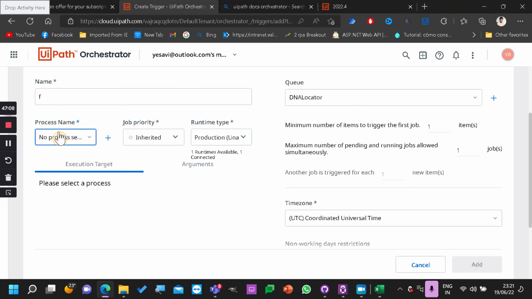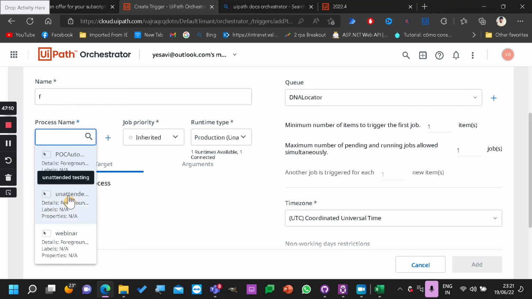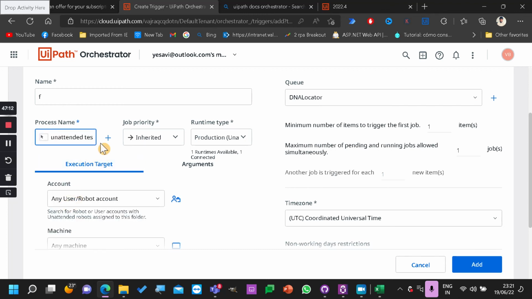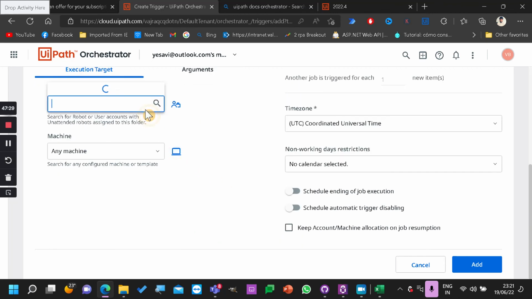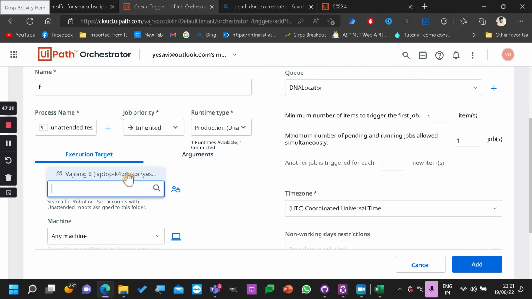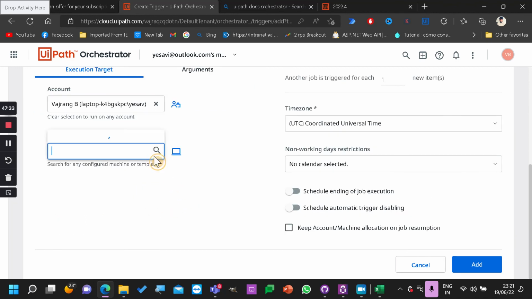So here we need to select which process should be executing and what is the job priority and what is the runtime. So here there is one runtime available and connected. So that is my machine. Whenever I want to start any robot at a particular new item, whenever it comes in, then